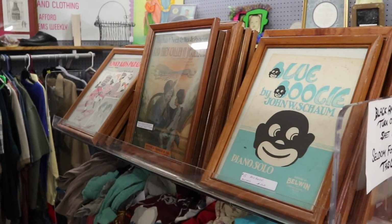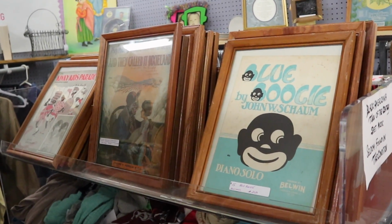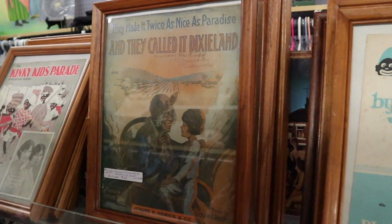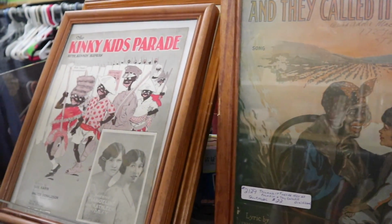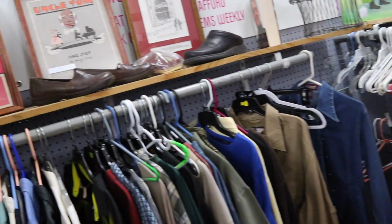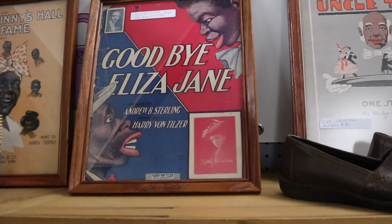Well, a lot of people are afraid to go here right now, but you know what? I'm going to just show these pieces because this is part of why we're having the conversations we're having now in society. These are all black memorabilia items, and they are sheet music that are framed, and these are real pieces from the 19-teens and 20s primarily, and all of them are pretty much caricatures. These were not the things that were being sold to black people at the time. These were being sold to white